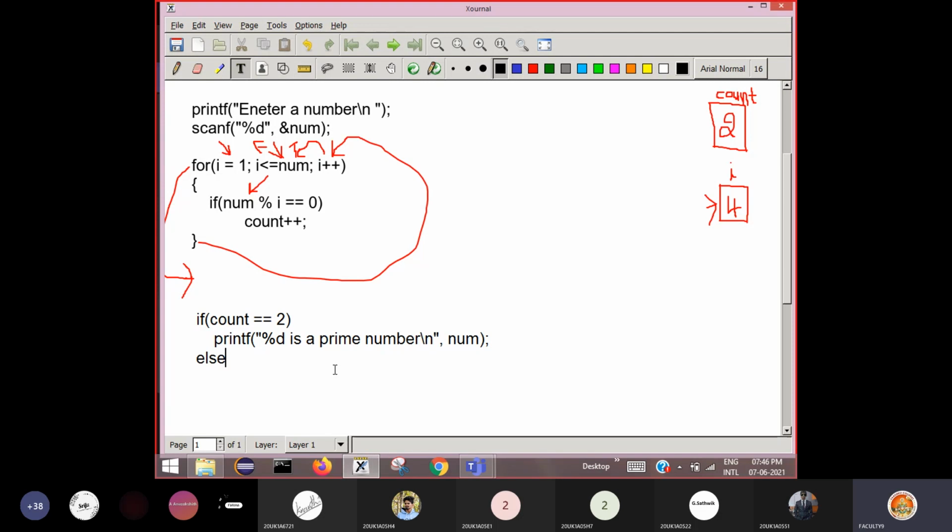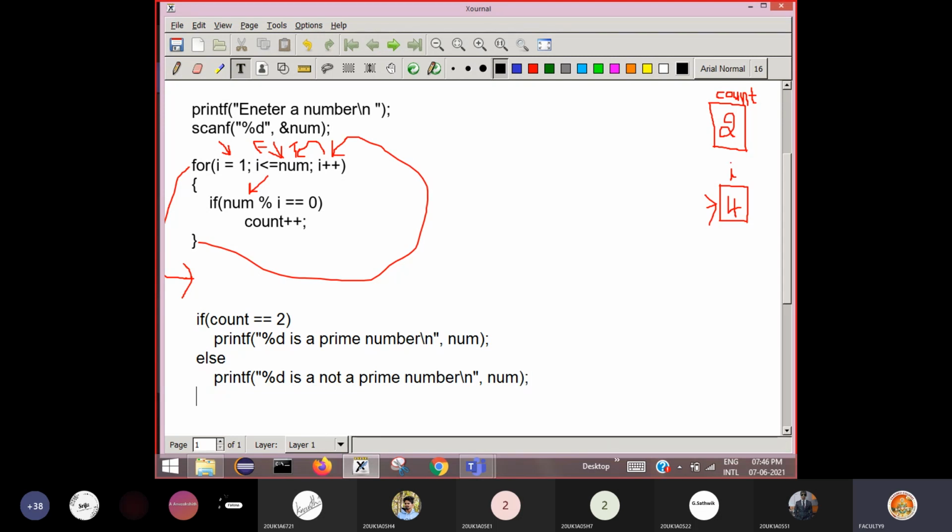Otherwise, else, it is not equal to 2, which means it is divisible more than 2 times. When it is divisible more than 2 times, you can declare that it is not a prime number. So you can say printf("%d is not a prime number\n", num).